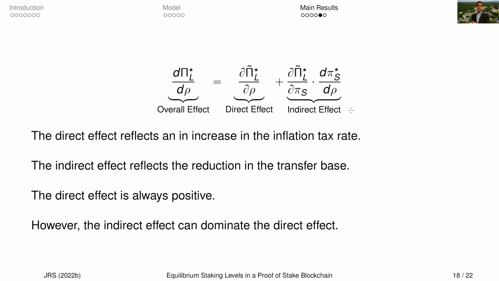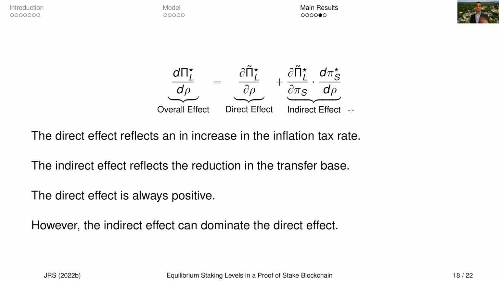But the problem is there's an indirect effect. The indirect effect is when you increase the reward, you're going to affect the share of short horizon investment. In other words, when you increase the tax rate, you're going to affect the tax base. And when you reduce the tax base too much, you actually reduce the payoff too much, right? So the direct effect reflects, on this slide, an increase in the inflation tax rate. But the indirect effect reflects a reduction in this transfer base, which is, again, the short horizon investment. The direct effect is always positive, but the indirect effect not only can be negative, it can dominate